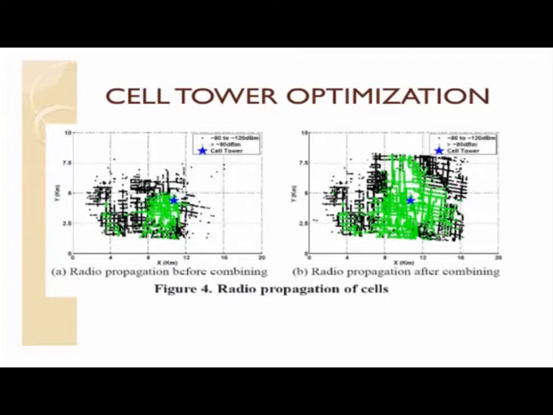Okay, all the signals which were discovered are to the right of this cell tower which is discovered, and none of the signals used are to the right of it, all the signals are to the left of it. All the positive or green signals are to the left of it. There is none right of it. But now when you have combined the cell towers, then